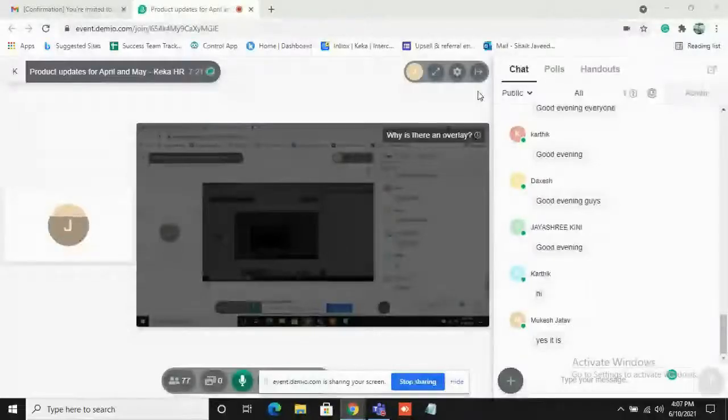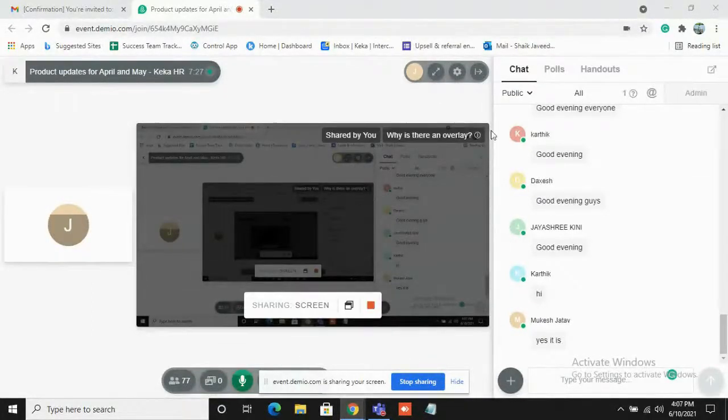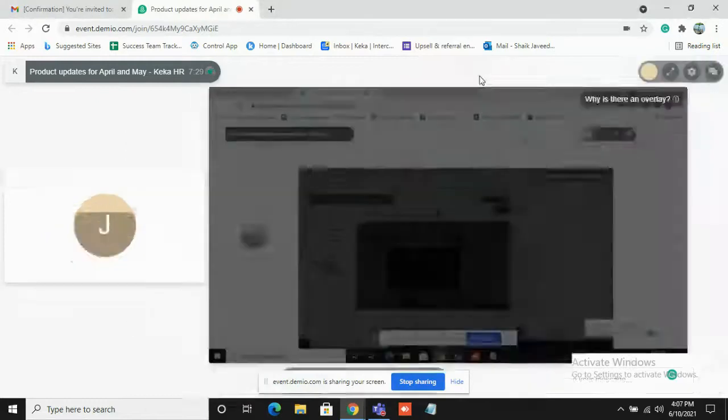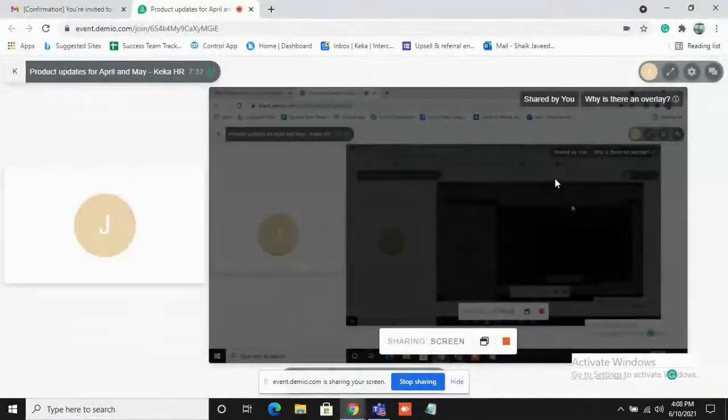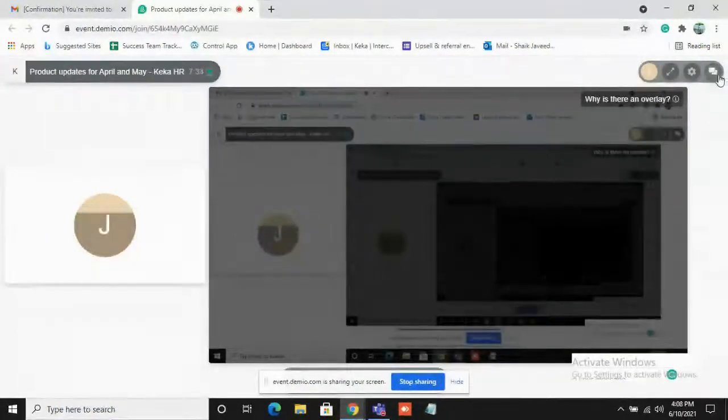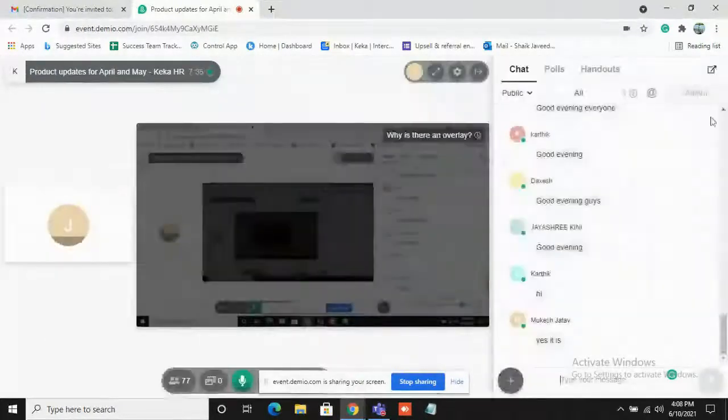You are able to view my screen now. So here we have the option of close chat. If you feel the screen size is very small, you can enlarge it by clicking on that tab. Whenever you have any questions, you can click on open chat and post your questions. Okay.